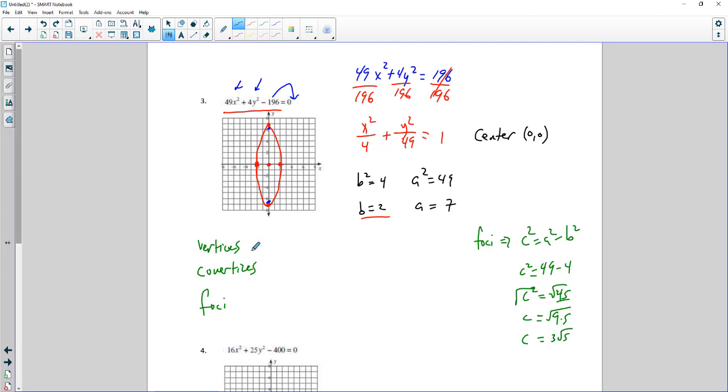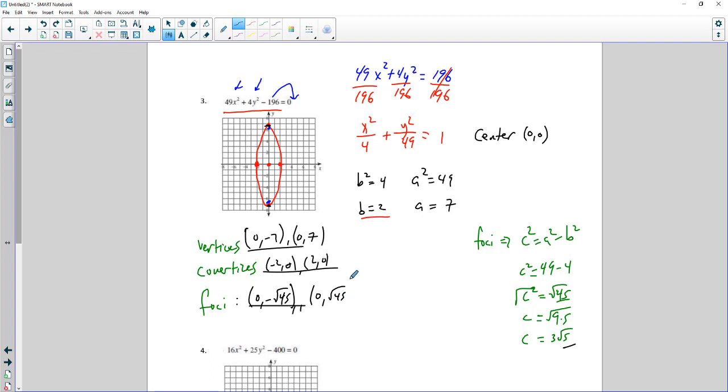So the vertices, okay. So this point and this point, very easy. This is going to be 0, -7, and 0, 7. The co-vertices are here and here, so it's going to be -2, 0, and 2, 0. The foci are on the major axis, which is on the y, so this is going to be 0 and -√45. I'll leave it as √45. You could call it 3√5 if you want, but I'm not going to. And this will be 0,